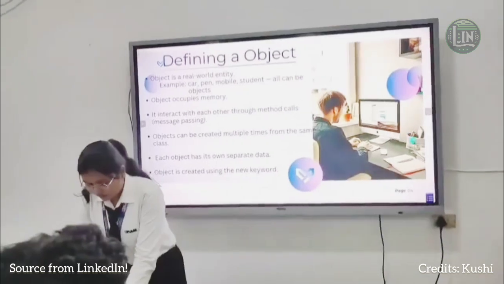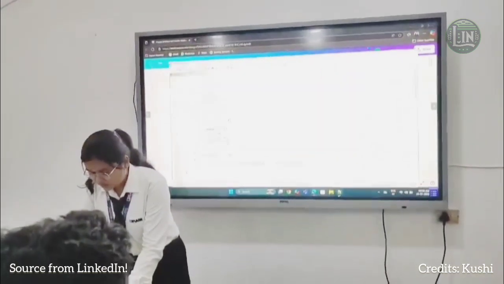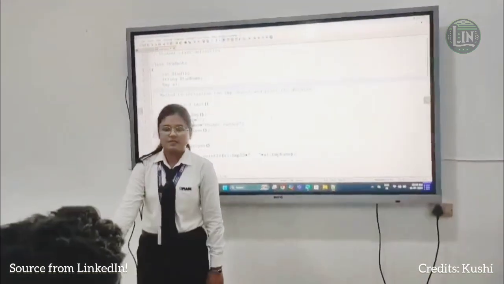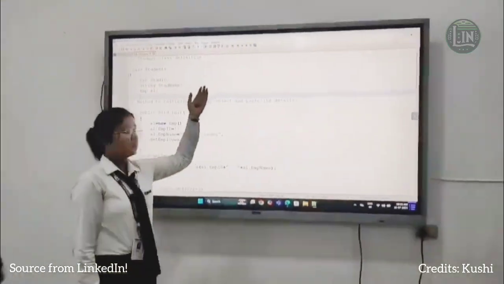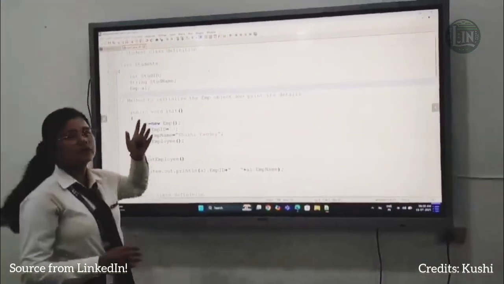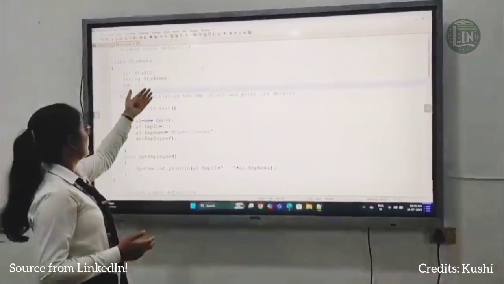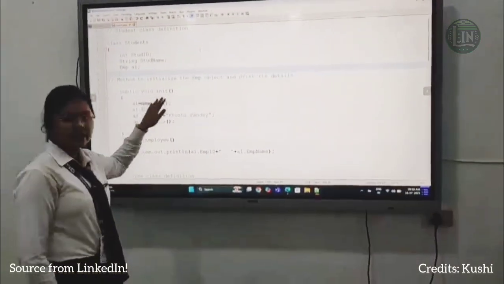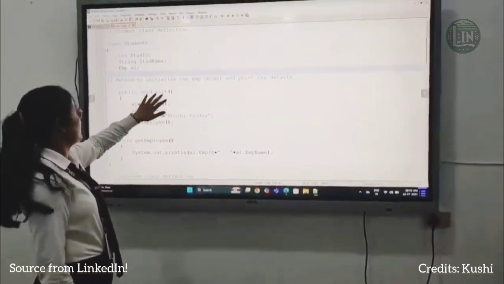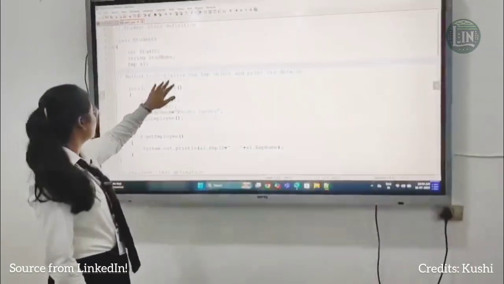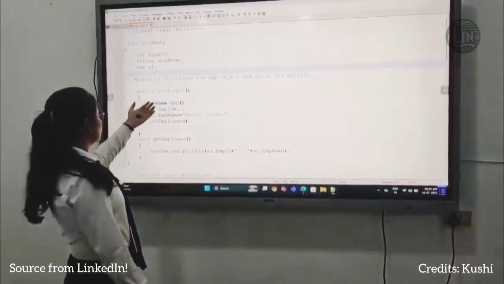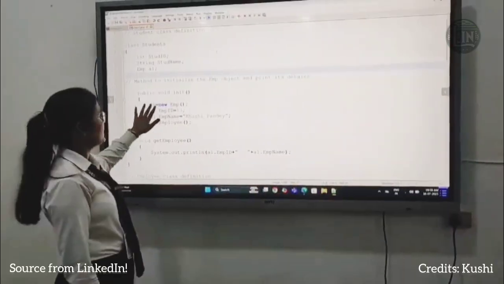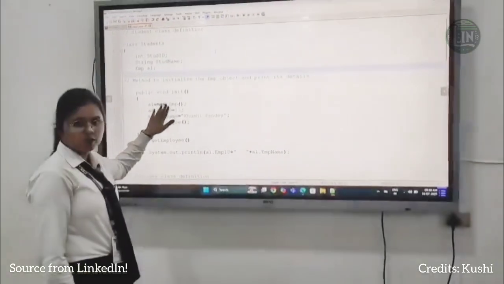Then we look at our code, which is based on class and object. Let's first define a class, and the class name is Student. In the Student class we define a student ID and student name. The second is the void init function, which is a method, and in it we define employee data, and we define L2 as an object and print its details. It is a new employee data.